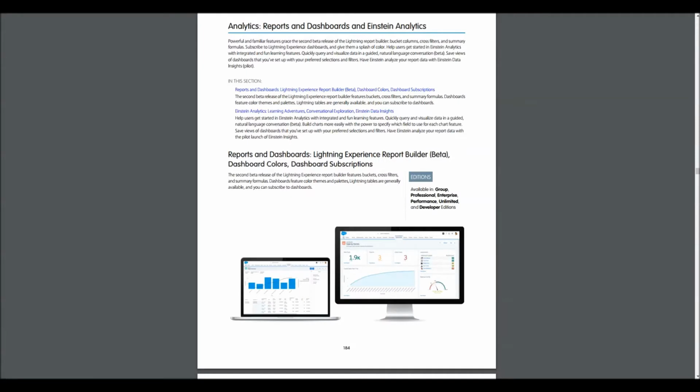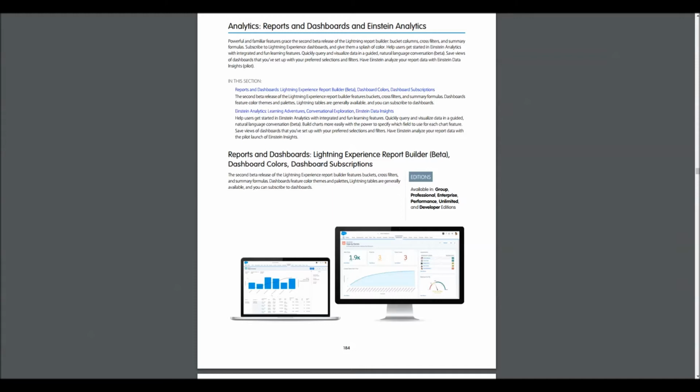So I've never actually done any coverage on reports and dashboards before, and it's not because I'm some go surfing or go home kind of elitist. It's really just not my domain. But I do actually think that this is the single most empowering tool for end users. You don't need any technical expertise. You don't need any Salesforce experience. If you have a basic understanding of the nature of your business and what data represents, this tool can give